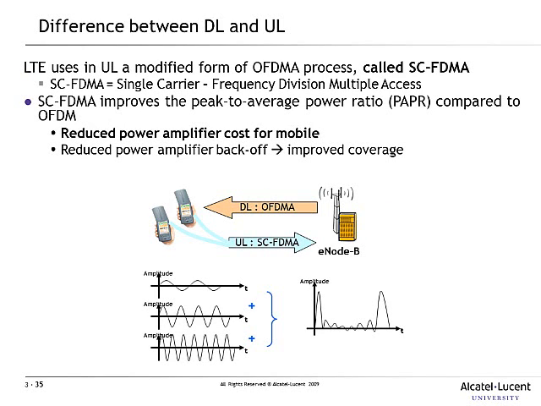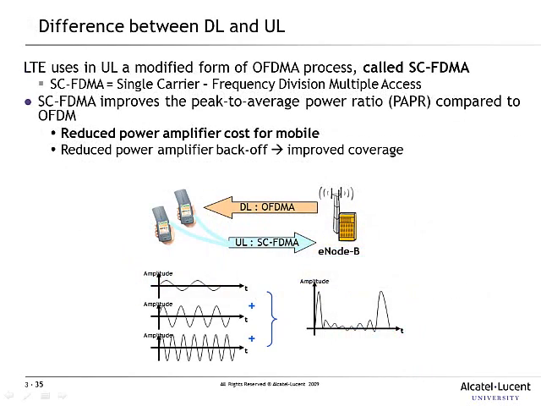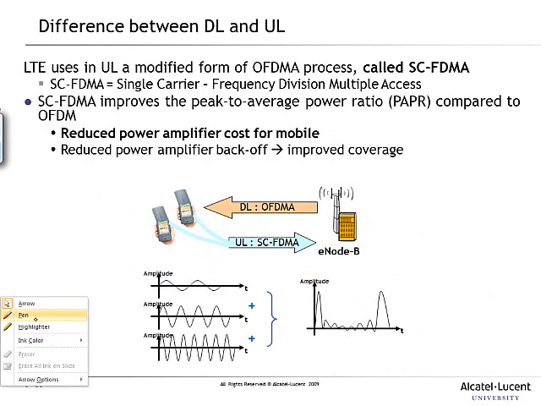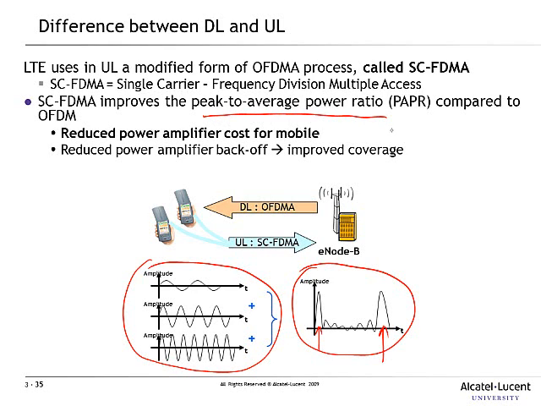Okay, and in this case, if you were to add all these signals together, we will get an output that looks like that. So we see that at some points we are transmitting a signal with a high power, and at other times we are transmitting a signal with low power, and this is why it has a high peak to average power ratio. And so they decided that this is not good